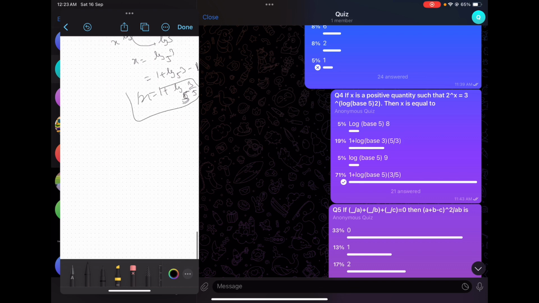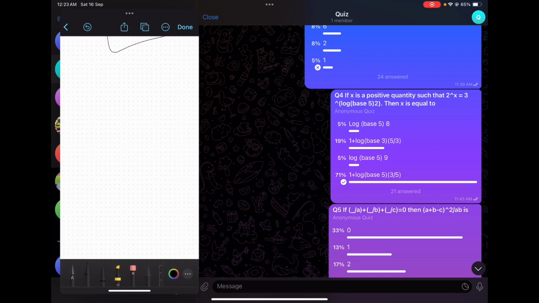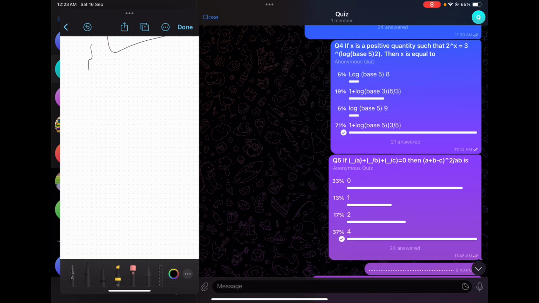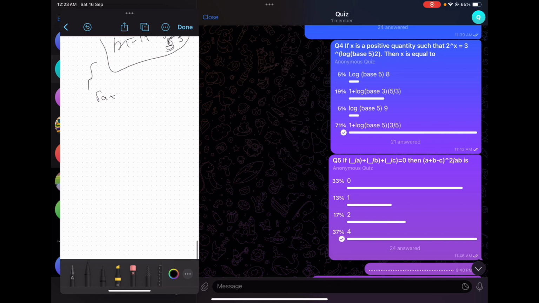Now let's come to the last question. Root A plus root B plus root C equal to 0. This question is something which won't be asked in CAT. It is some different question, so I wanted to have some different questions, so I gave it. Send this root C to the right side. Now we'll square, so this will become A plus B plus 2 root AB equal to C. So this is what we got.